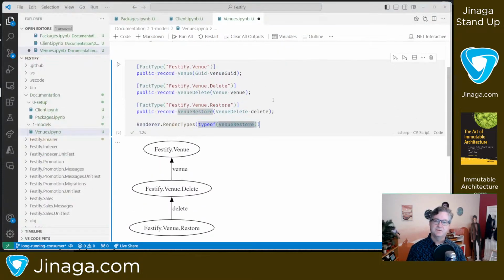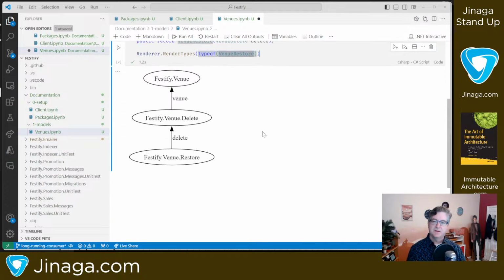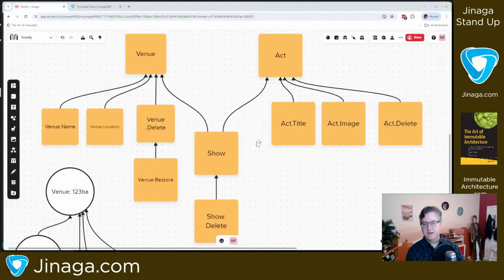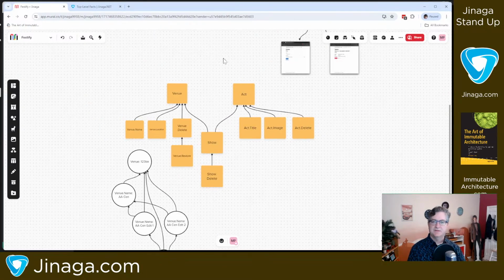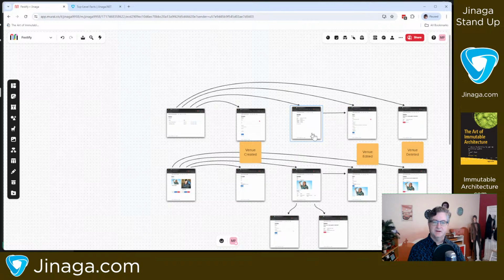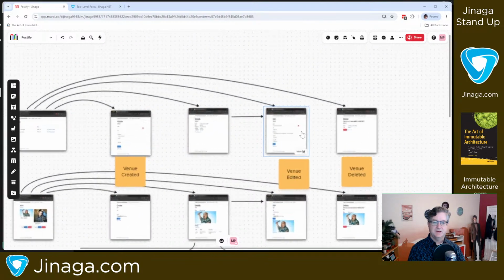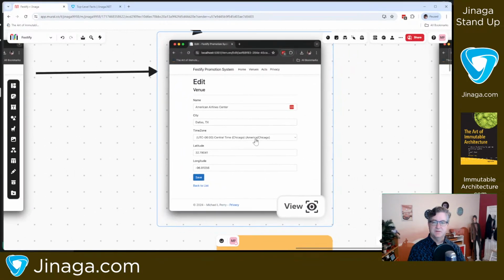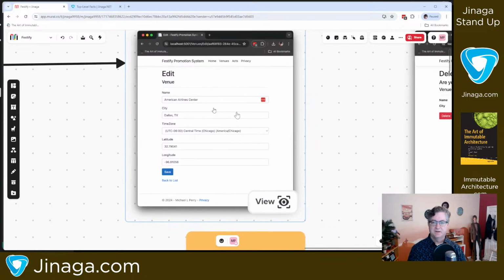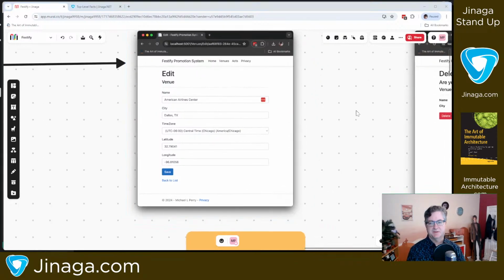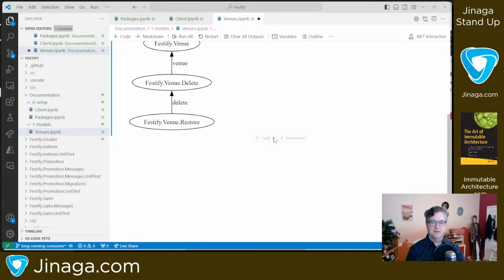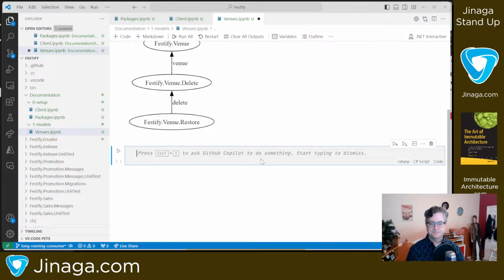Okay, so now we've got our venue. We don't yet have the name or the location. So let's zoom out here and talk about the edits so that we can talk about the name and the location. Name is just the name American Airlines Center. So when we go back to code, how do we record the venue name? So it's fact type